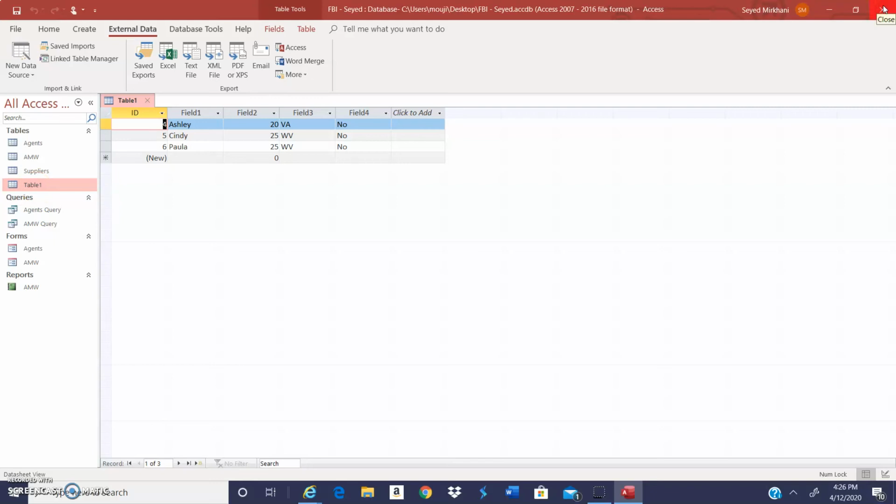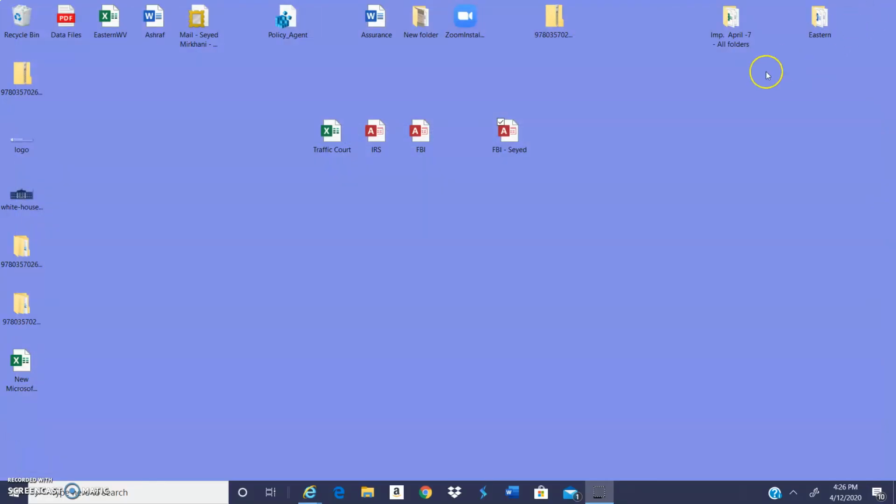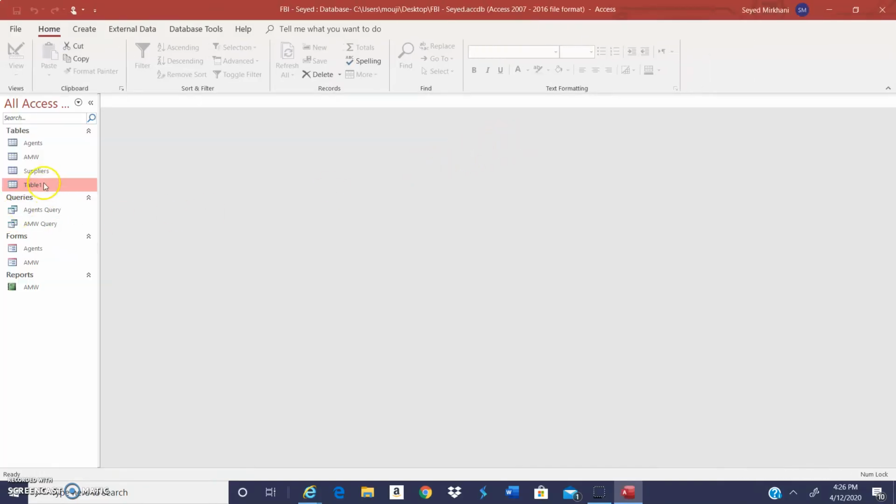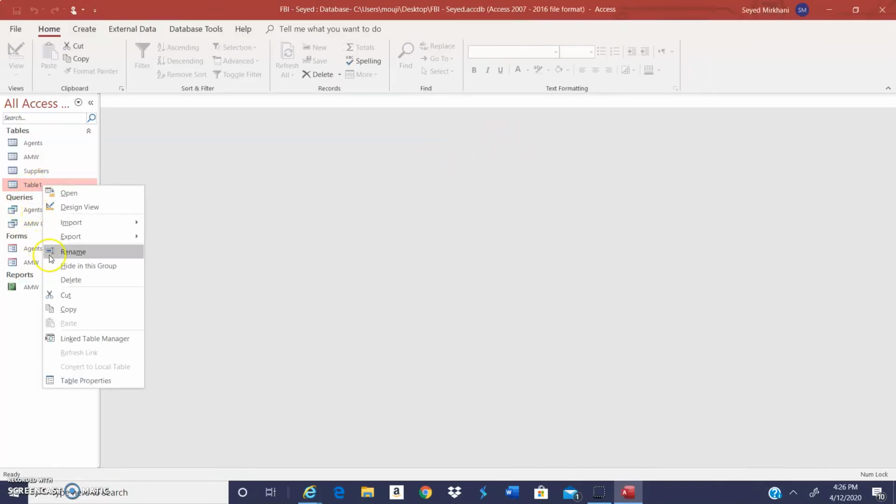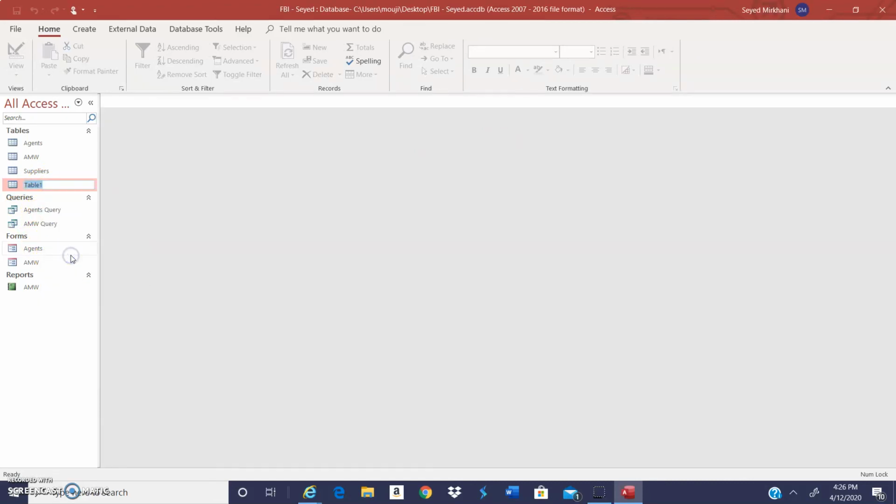I'm going to close this. And therefore it's timing out. I have a few seconds. I'm going to right click and choose rename, and call it tax violators, and that is our